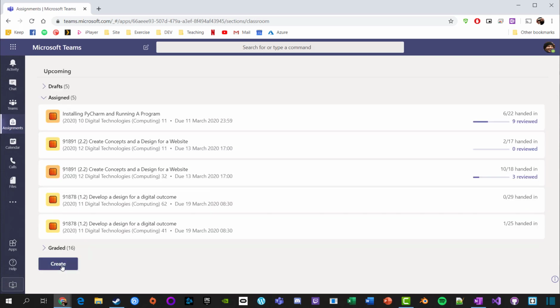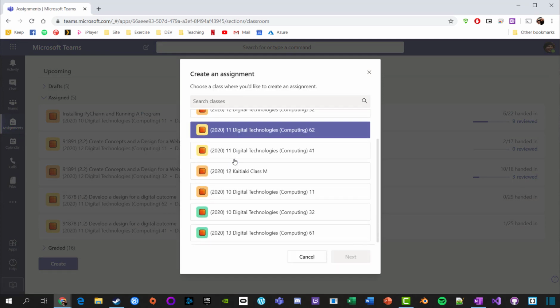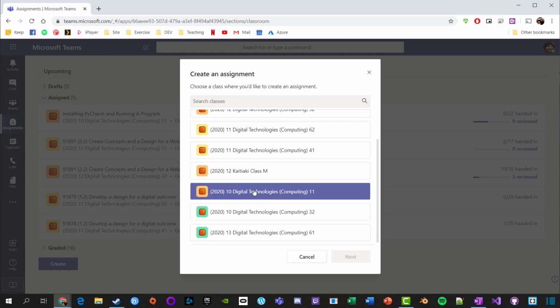Now to create an assignment, click on the create button. Most of the time you're going to want to use assignment. If you've already got a pre-made one that you want to use for a different class, you can use from existing. So I'm going to click on assignment, choose the class that I want it to link to. This one I'm going to make an assignment for Year 10 Digital Technology. Choose next,